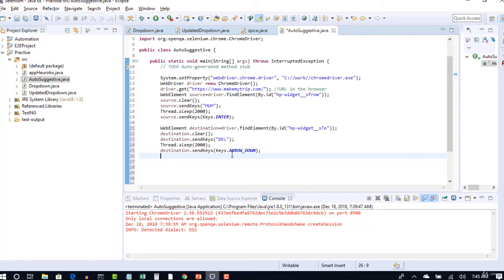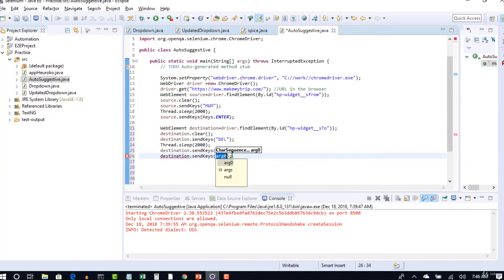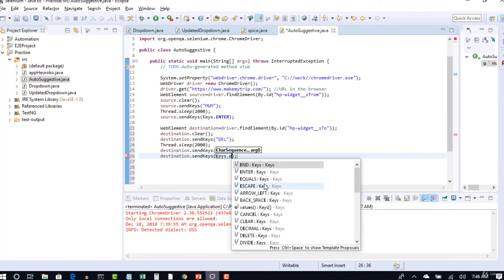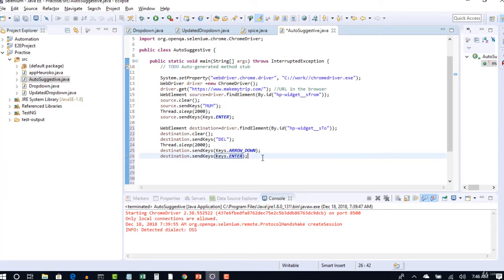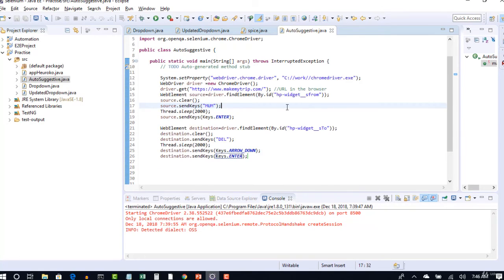Okay, and now give enter. Once you do arrow down, that Deline will get selected. Alright, that's it. Did I miss anything? I don't think so. So now it should select Mumbai in the source and Deline in destination.